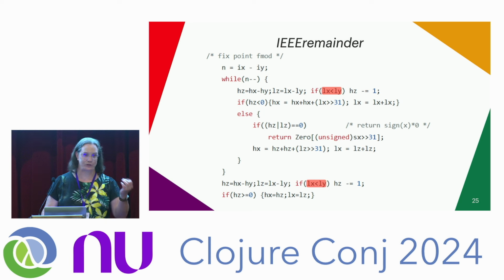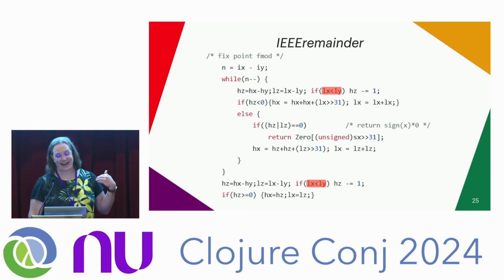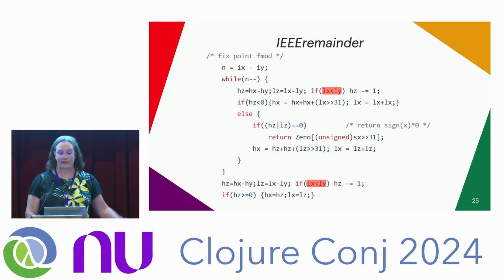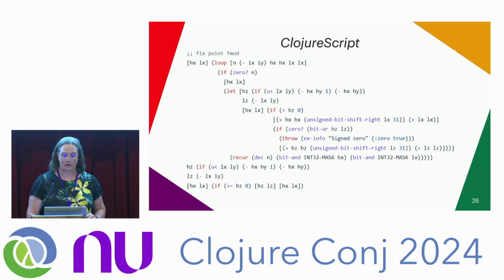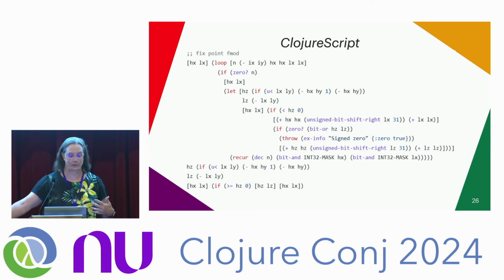We're going to be doing this decrement on HZ, if that's, oh, HZ, I'm in America, sorry. We're going to be doing the decrement if that's the case. I totally didn't see this at the time. Just remember them for a moment. So I implemented it in ClojureScript, and it looked great. I put numbers through it, and I was getting exactly the same results out. Wonderful. So then I started running some